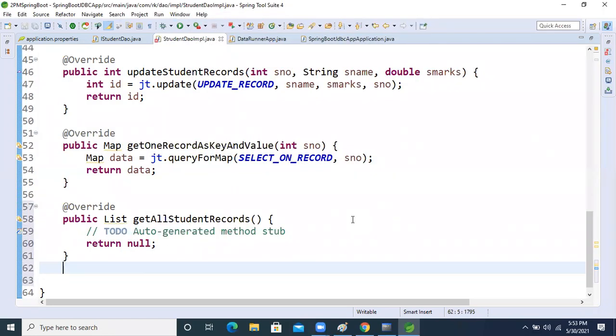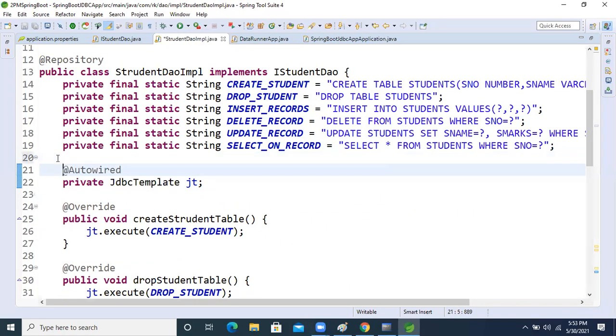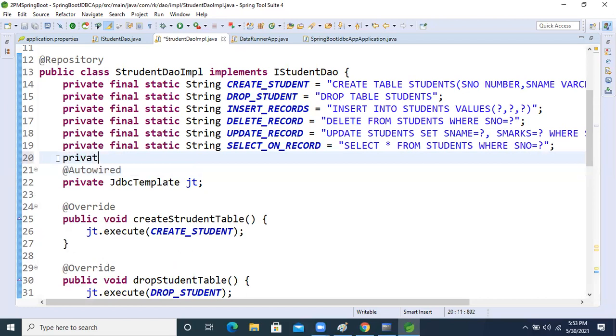So what will the query be now? Private final static String, select all records.